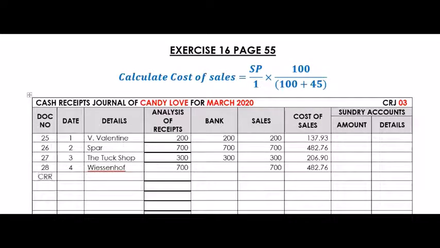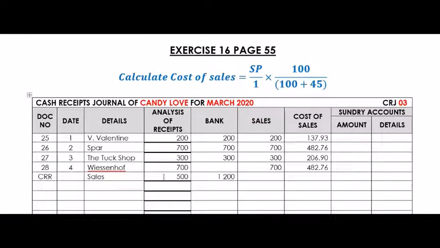You don't have to write the number 4 again because we're still on the 4th. And because it's a cash sale, I want you to write sales in details. The value of the CRR was 500 Rand. And now that was the last transaction for the day. So we can take the total value of the money in our till. In other words, add these two values together and then bank the total,